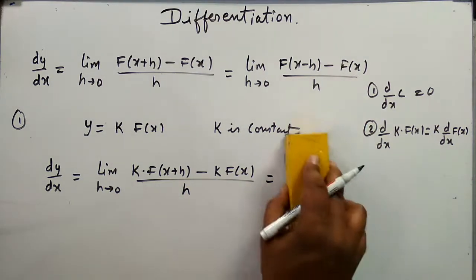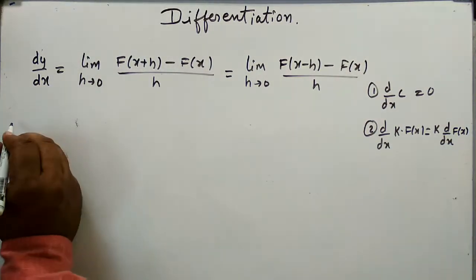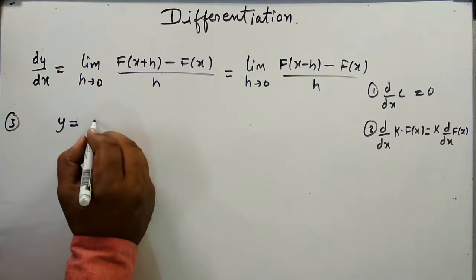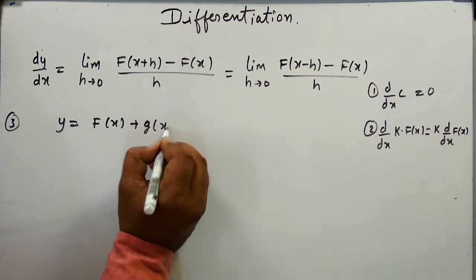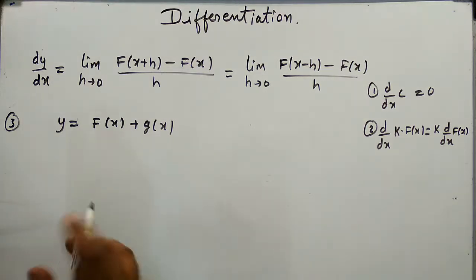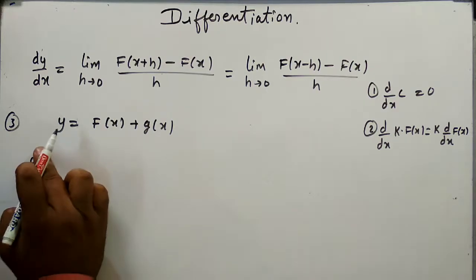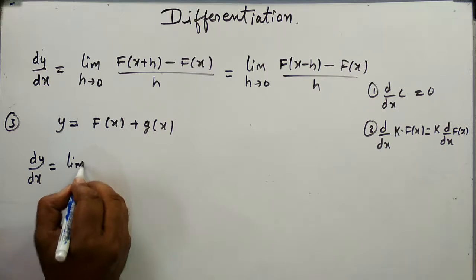Okay, now I'm taking the third type of function, that is if we have a function like this, y equals f of x plus g of x, and we are going to find the derivative of this function, then the derivative of y with respect to x would be equal to, by the use of the first principle method,